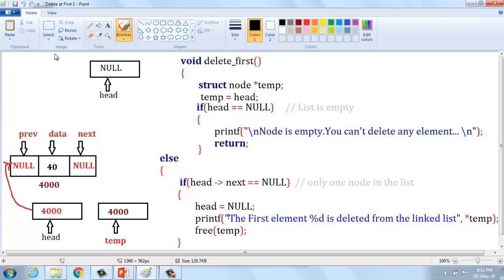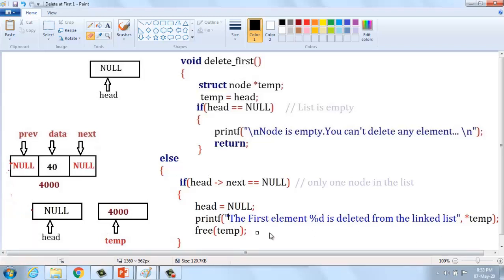How can I change head equal to null? Initially this is the node present in the given linked list, head pointer equal to 4000, with the previous field null and the next field null. This is the existing node, meaning only one node is present in the given linked list, and then I'm going to change head equal to null. Here I'm going to change the head pointer to null. If head pointer equal null, this connection is automatically terminated from the existing link.